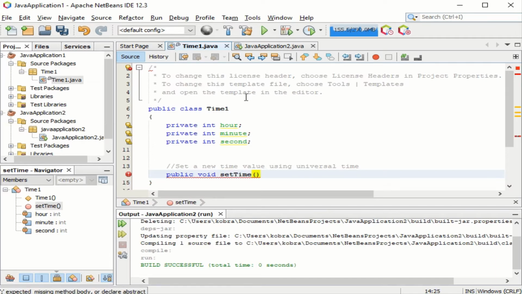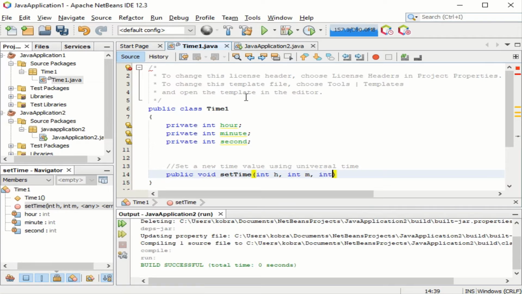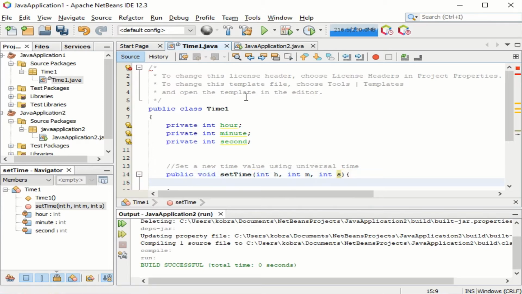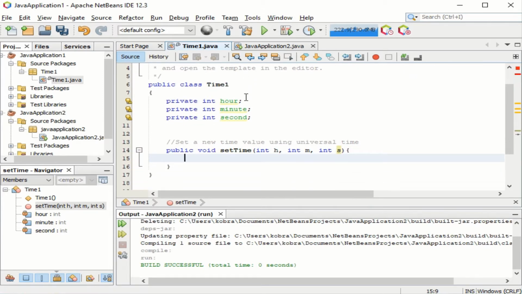It's going to receive three parameters: int h, int m, int s. And it's going to set